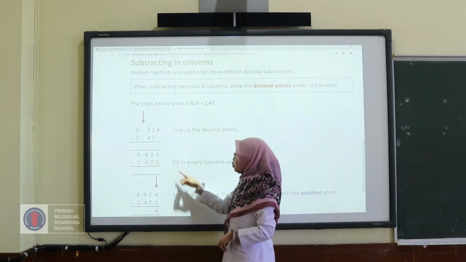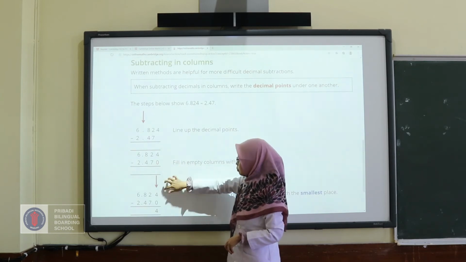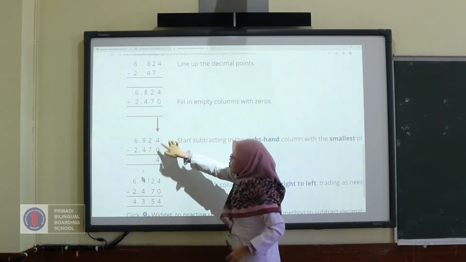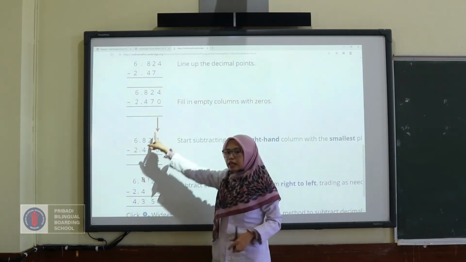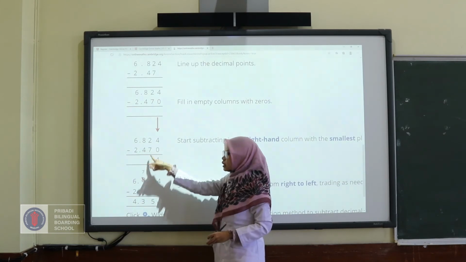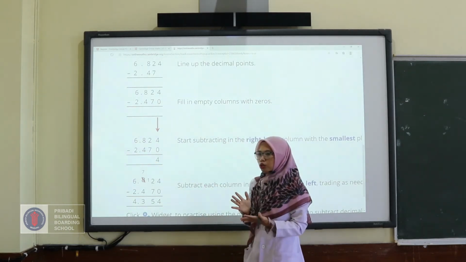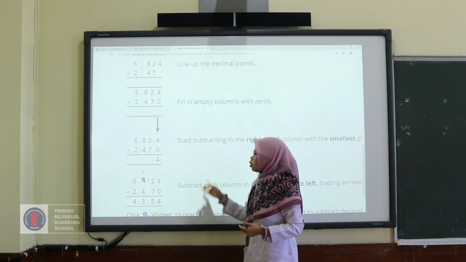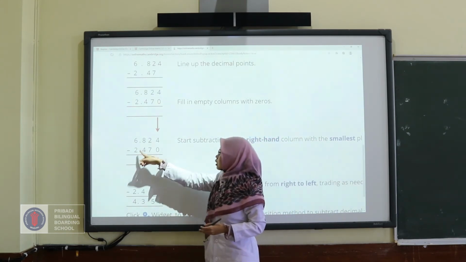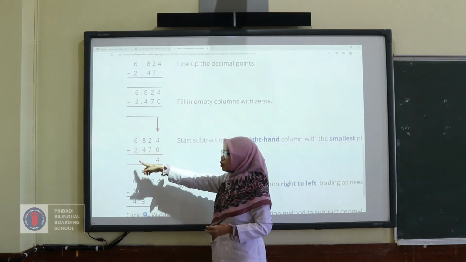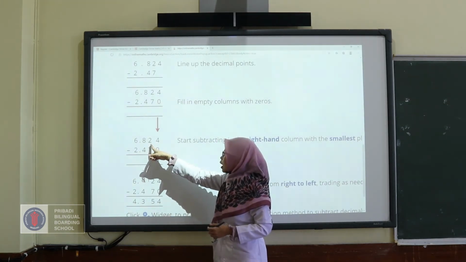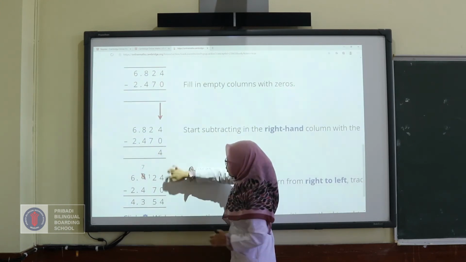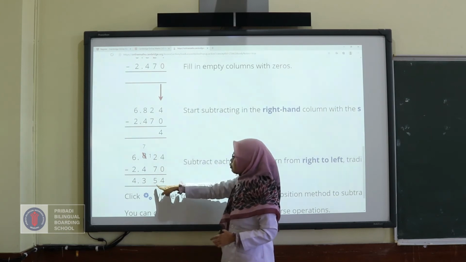And we are going to do 4 minus 0 is 4. And then how about the next step? 2 minus 7. Because 2 is smaller than 7, we can borrow from the 8. So 8 will lend 1, and then this will be 12. 12 minus 7 is 5.